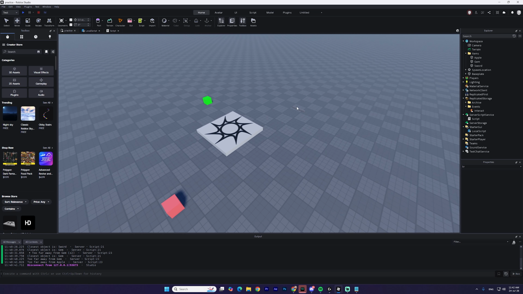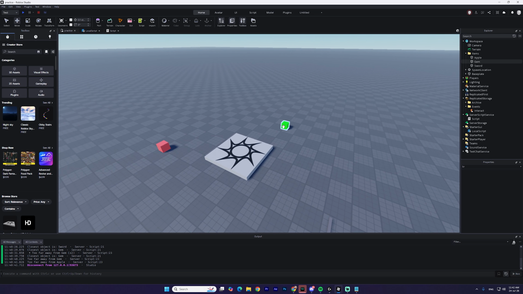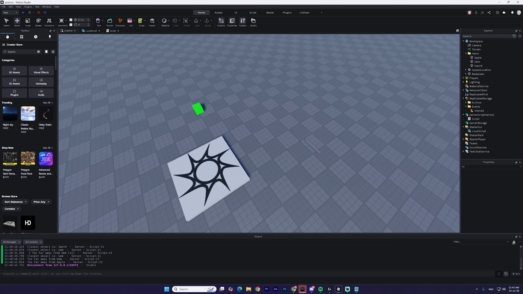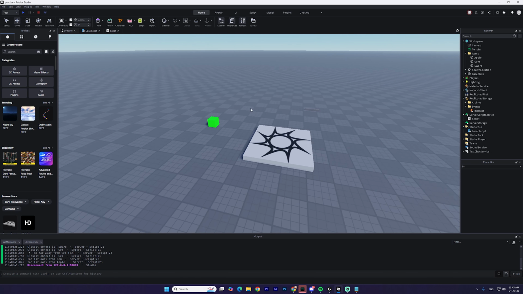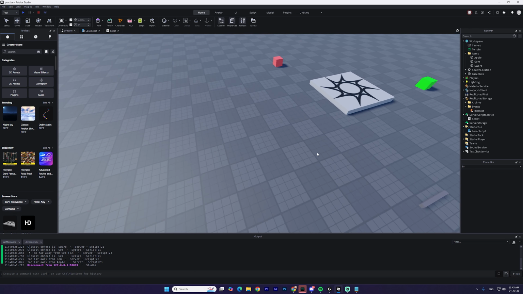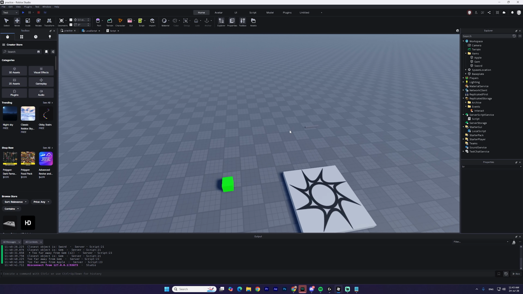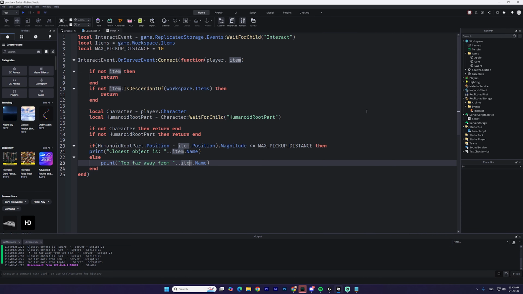Next video though, I will go over, you guys tag along, I'll be going over the module scripts. So ChatGPT wants me to go over module scripts, and we'll probably start doing something with all these parts right here. But for today, for this whole hour, I'm happy with my progress. I learned, or should I say relearned, these remote events much better than I used to. So I'm grateful for